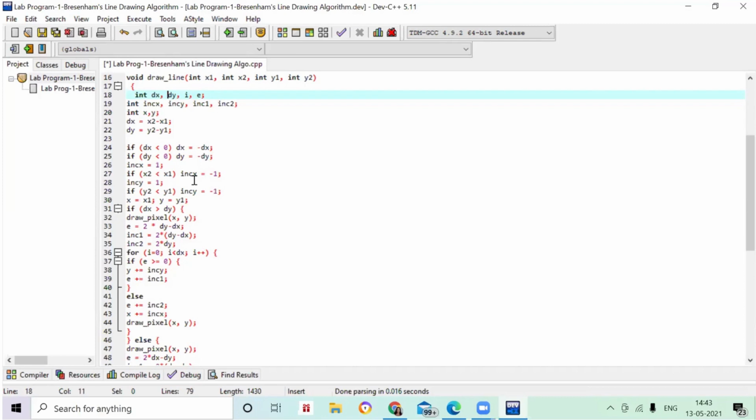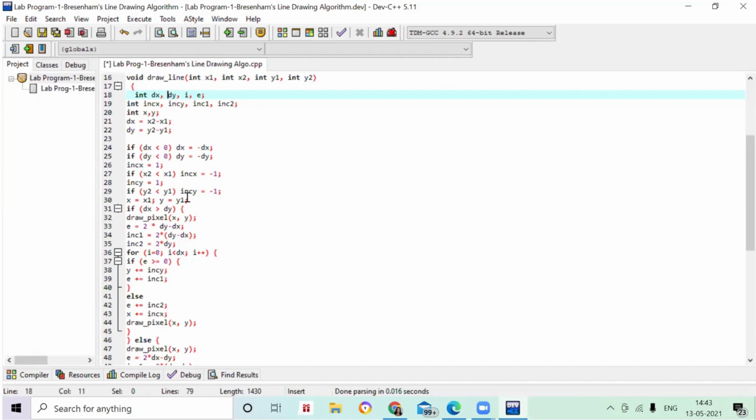Then in the similar way in pk plus 1, if the condition is in the else part, both x and y will increase, right? So those things we cannot directly write. So we have to split and we are going to write it. Similarly for the if y condition, y axis also. So if y2 is less than y1, we are going to keep -1 in increment y in this variable name.